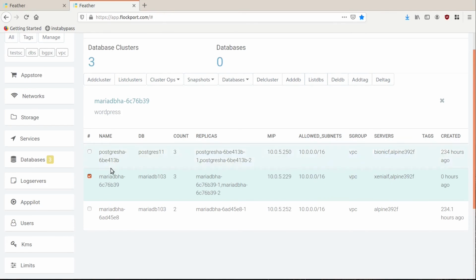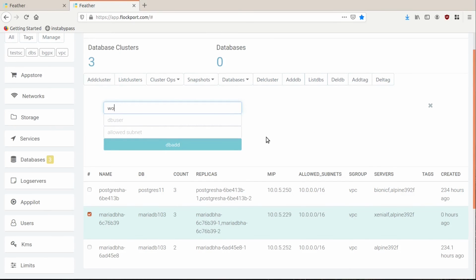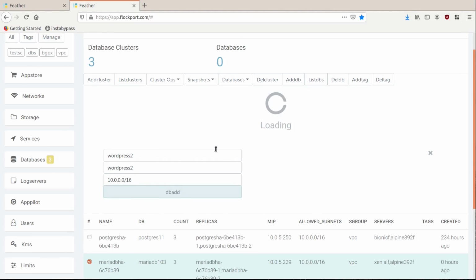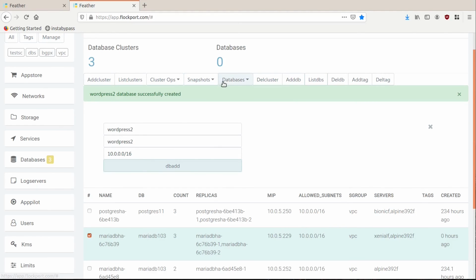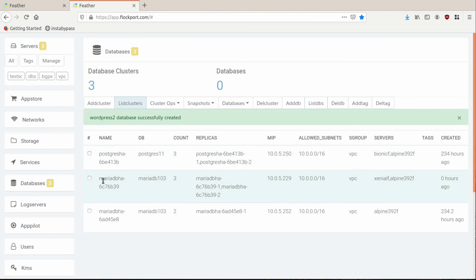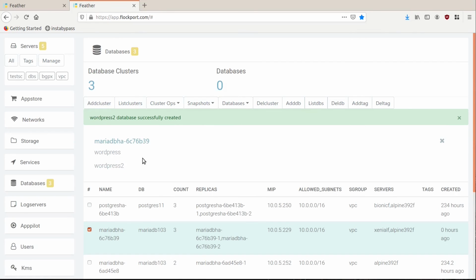If we list databases, we'll see the WordPress database is now listed. Let's create one more database. We'll go with WordPress 2. The WordPress 2 database was also successfully created. So let's select the cluster and list the databases now that we've created 2 databases, and we can see both